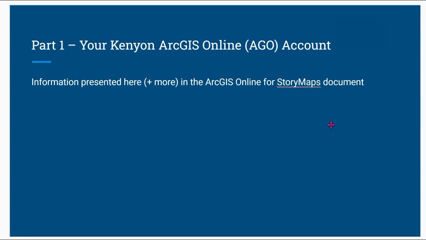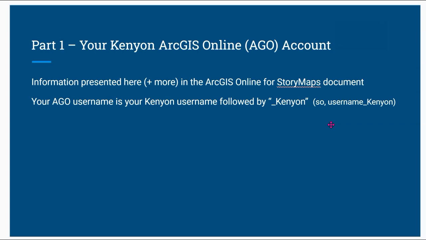At this point in time, Kenyon ArcGIS Online accounts are generated manually by Kenyon's ArcGIS Online administrator. That's me. If you are a professor who is developing a project that involves story maps, then you should contact me and I will generate accounts for you and your students as necessary. If you are an individual student, staff, or faculty member who just wants to start making story maps, then you should contact me directly. My email address is found at the bottom of page 1 of that Google Doc.